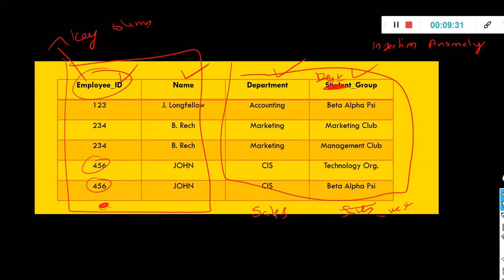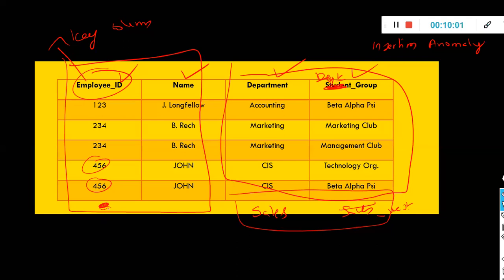But your manager says, okay, we are going to start a new department, go and insert it. If you have all the detail in a single table, what will happen is you cannot create the department alone. You need to assign some employee, because you have not yet recruited anybody so far. So in that case, you will not be able to insert the department name alone here, because the employee ID column is a